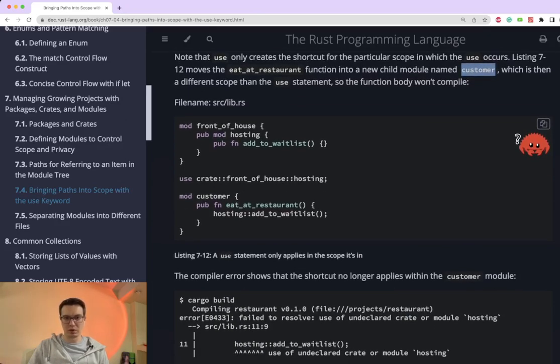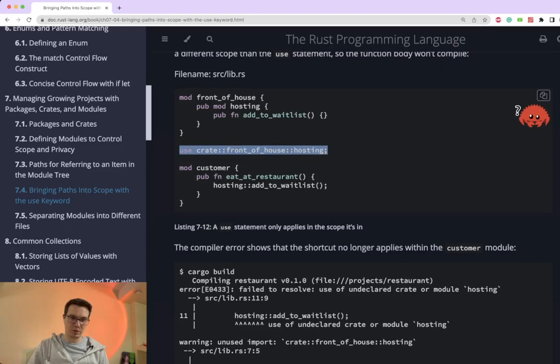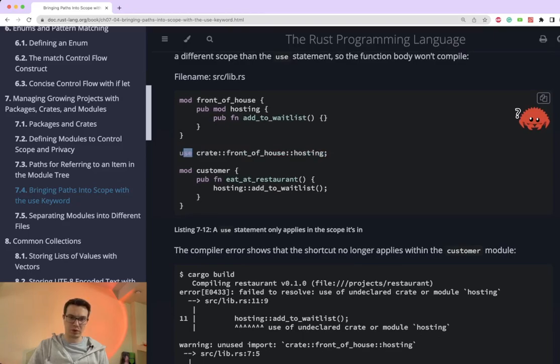Let's take a look at this one. This is actually interesting. We have use hosting here, but we cannot use it here because it